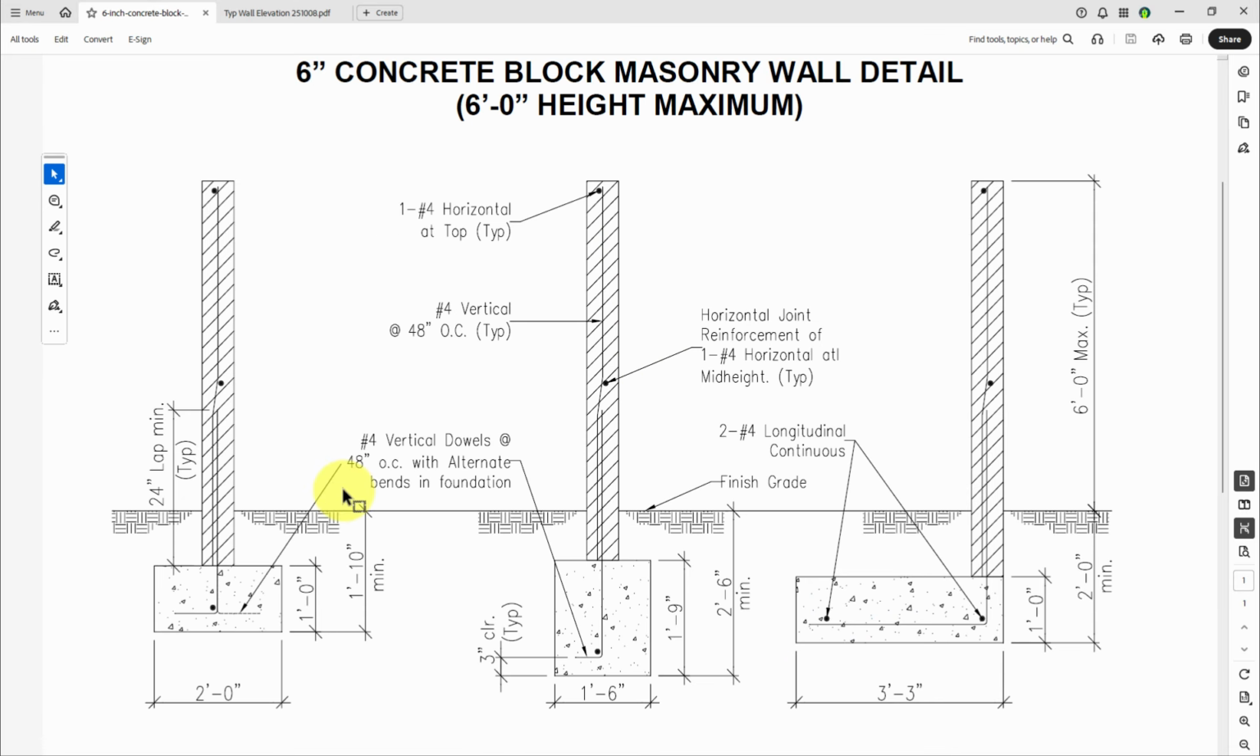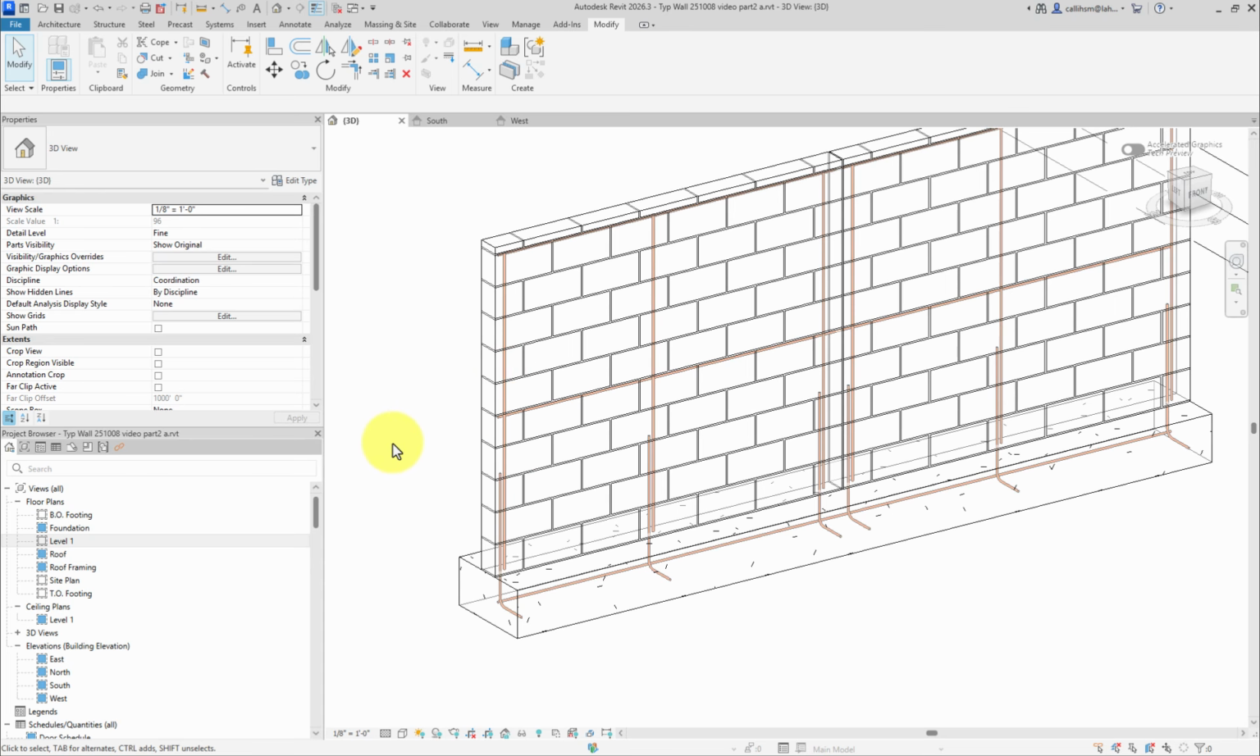Let's make sure we deal with this idea of the alternate bends in the foundation. So three-dimensionally, this one is going to come and bend forward towards me. But this one is going to need to come and bend the opposite direction. Then this one will come towards me. And probably this one will bend the opposite direction. This one will come towards me. And this one will